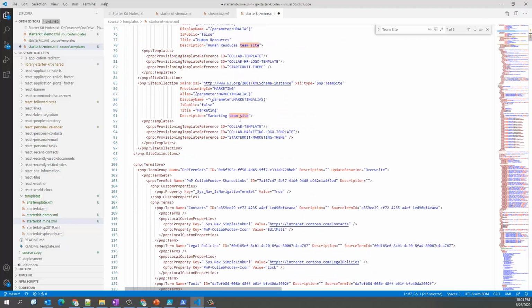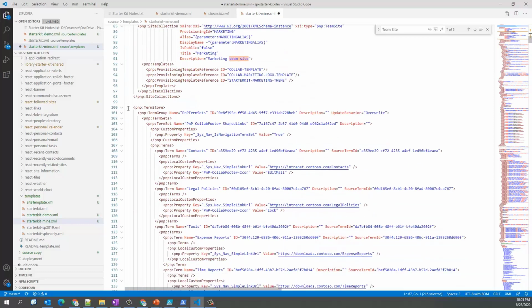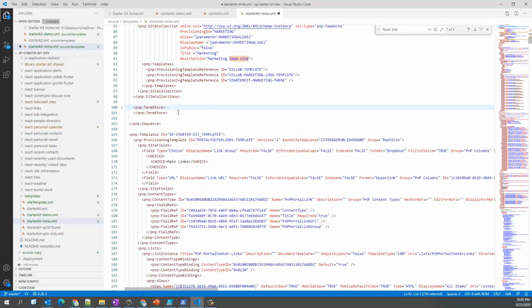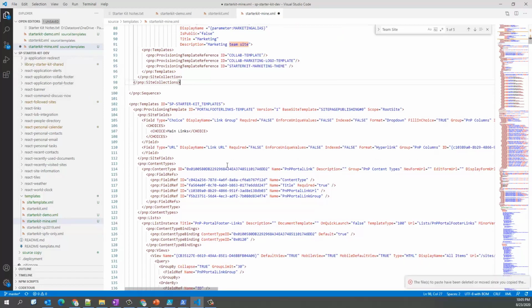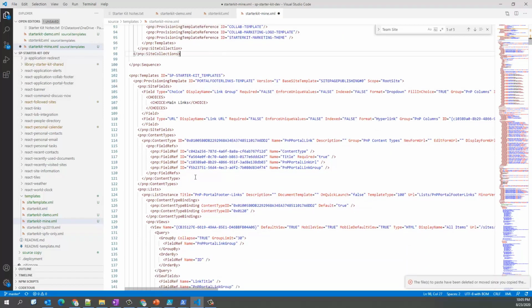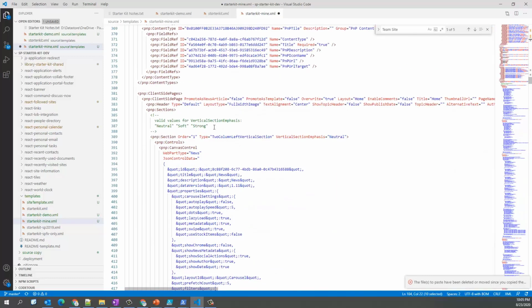Now, if we keep going down, we'll see, oh wow, look at that. There's all these terms, this whole term store component. Maybe we don't need that. Maybe we don't want to add the terms directly in at this point because maybe we've already done it manually, or maybe we need to change it. If we start looking at this template, we can find setting up some site fields,